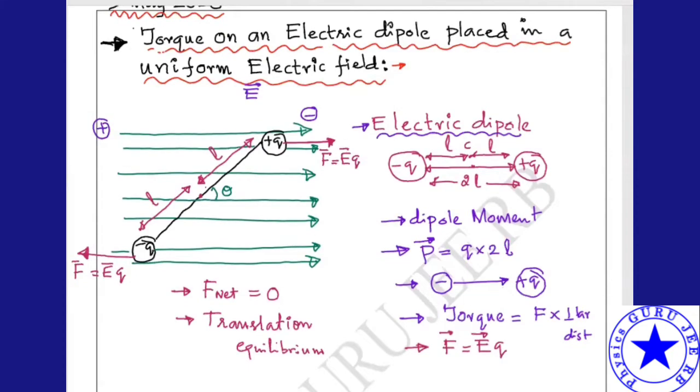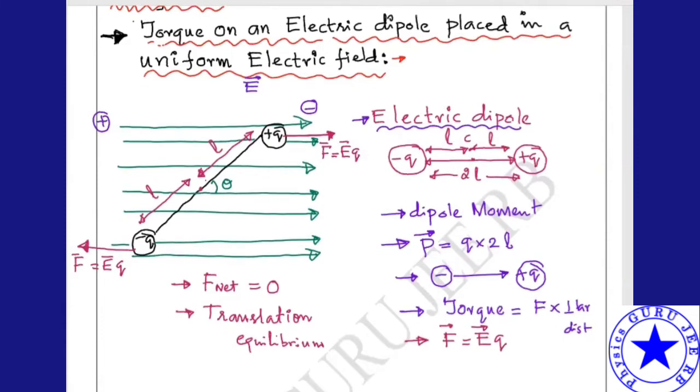And one more important point here. The net force is 0, both forces are equal in magnitude and opposite in direction. But here the two equal and opposite forces do not act along the same line of action. For example, this is one force and here is another force, both opposite in direction, acting in the same line of action, F1 and F2, and net force is 0. Now in this case, they are not acting in the same line, but they are opposite to each other. How do we proceed with this scenario?